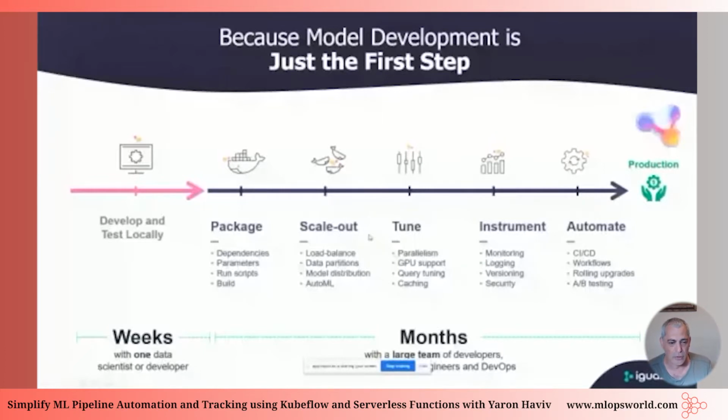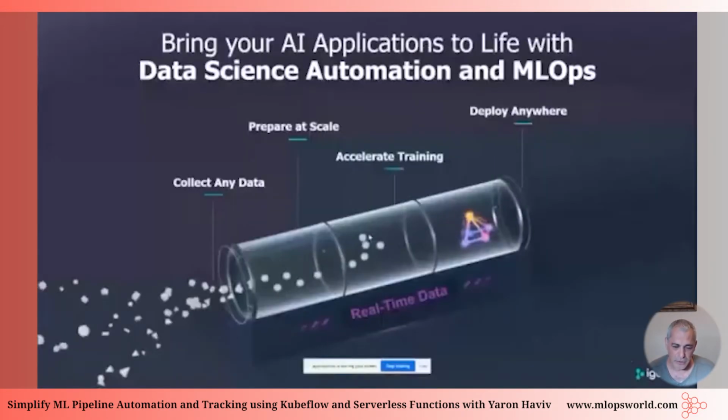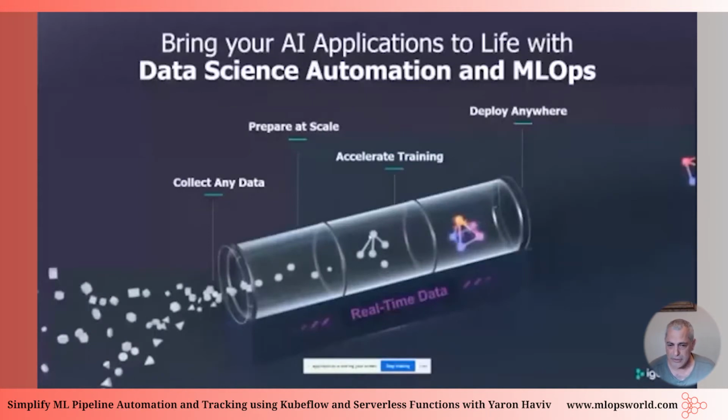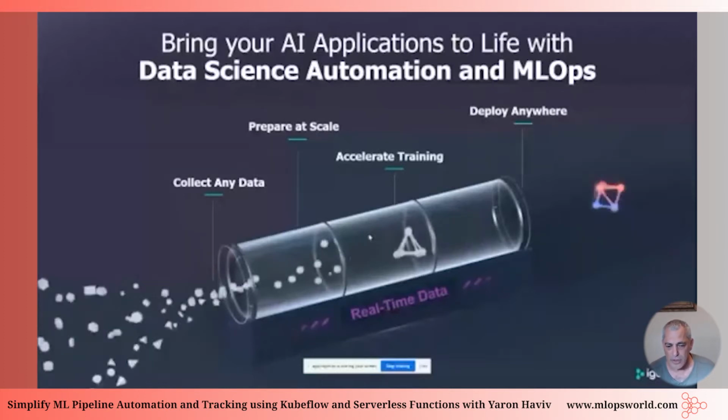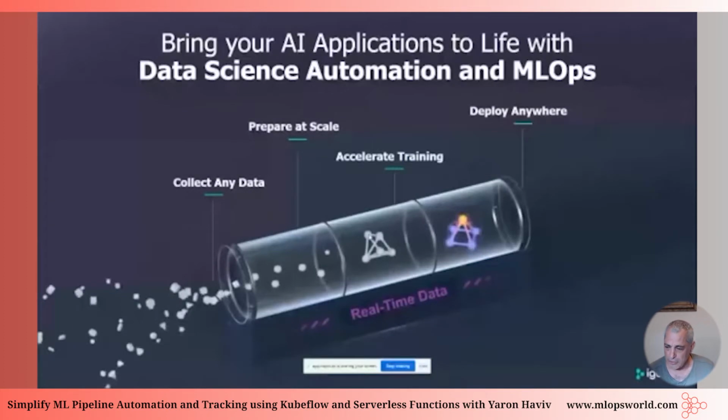It's also various silos within the organization: data engineering, DevOps, development, data science. And those are some of the things that sometimes hinder the productivity or the operationalization of machine learning. So what do we want to do? We want to try and create a streamlined process which takes concepts from software development and agile methodologies and try and apply them to data science and essentially break the silos between data science and the other groups within the organization. So we want to build sort of a pipeline that knows how to collect data from various sources, whether they're offline sources or real-time sources. We want to apply normalization and data preparation at scale to those data sets. Then we need to train the models based on the generated data set,